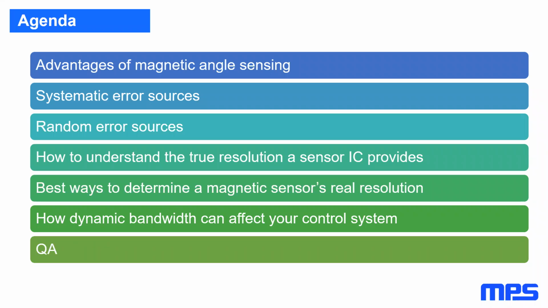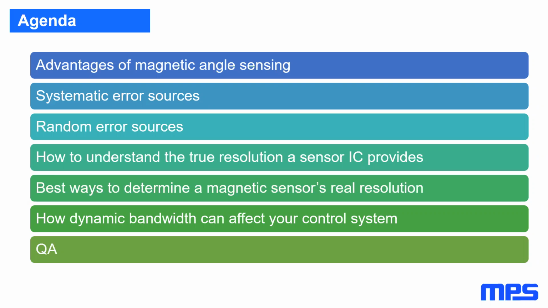So we will talk about magnetic angle sensing to start out with. It's got a lot of advantages in terms of cost, flexibility, and these days, as the resolution and bandwidth and INL get better and better, it's becoming very, very popular for brushless DC, stepper, all kinds of motor servo feedback. We'll talk about some of the systematic error sources and some of the random error sources that we see in